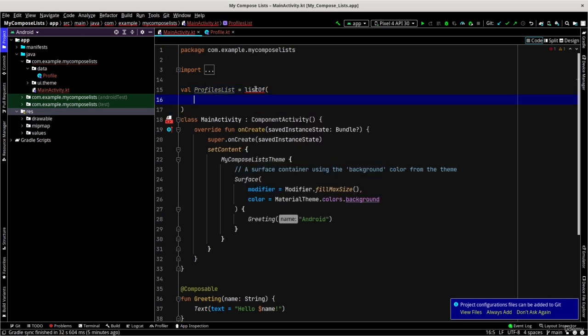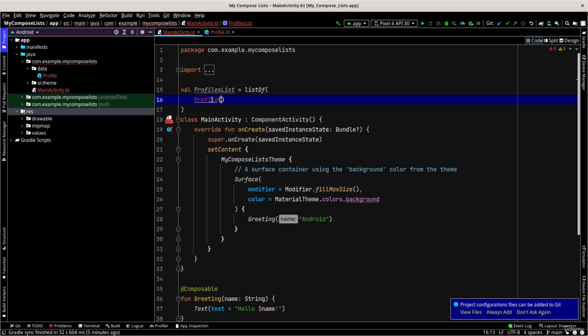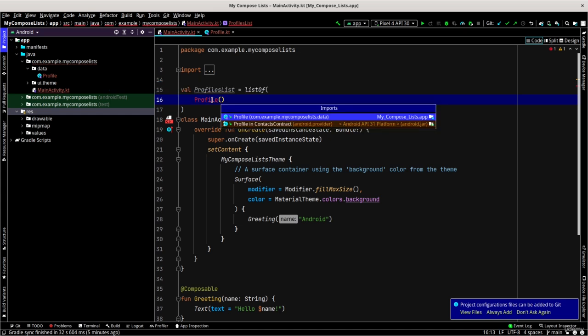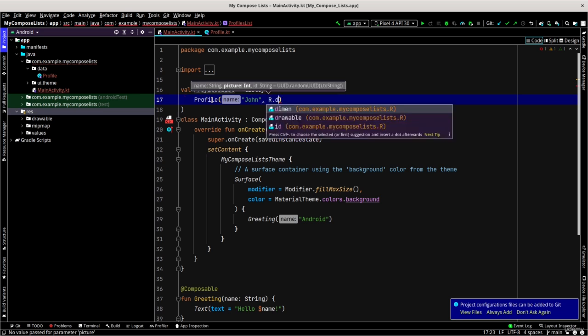I create it using list of and then profile. I'm gonna create several profiles. Let's enter profile from the data package, and then I'm gonna specify the names like John, and then the picture, which is integer, I use r.drawable